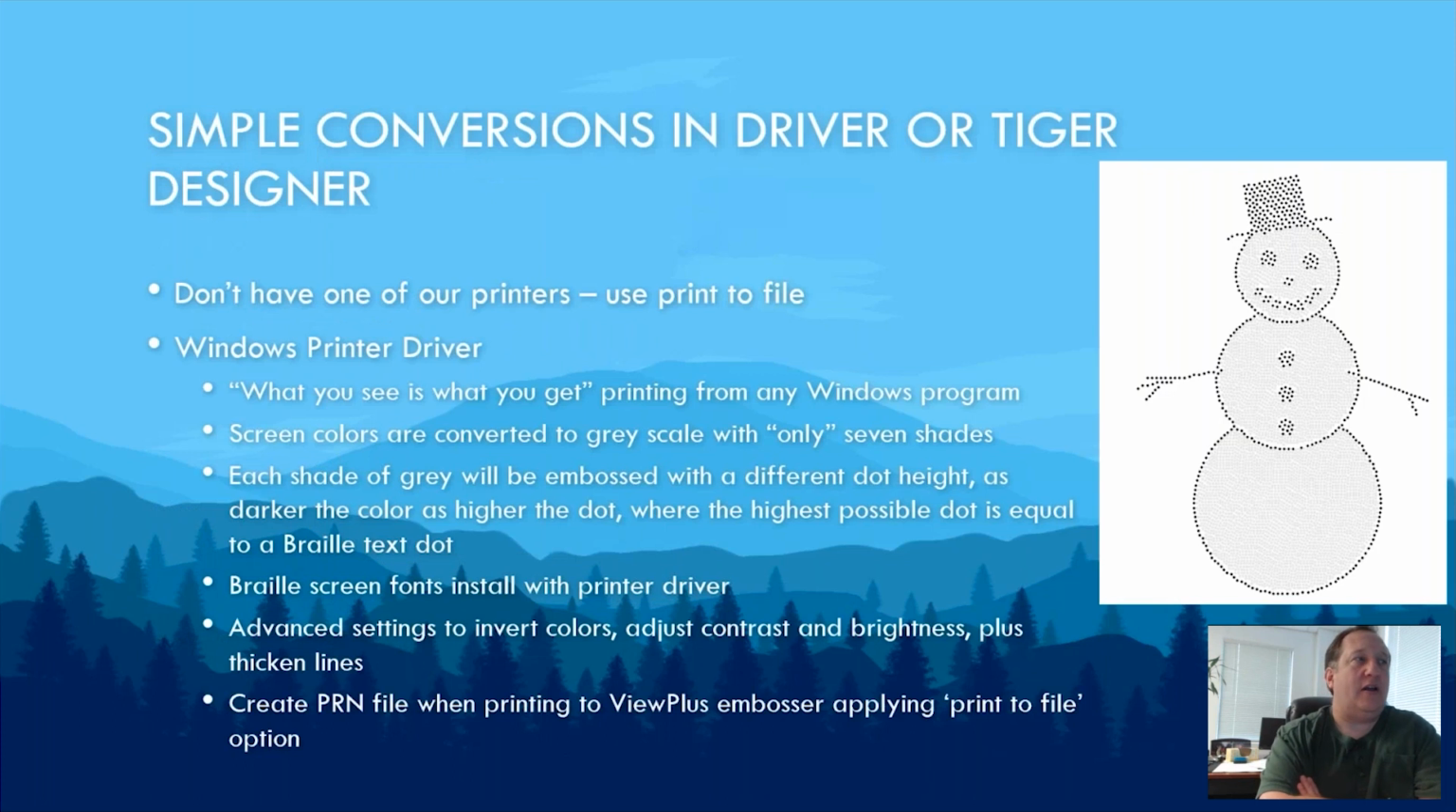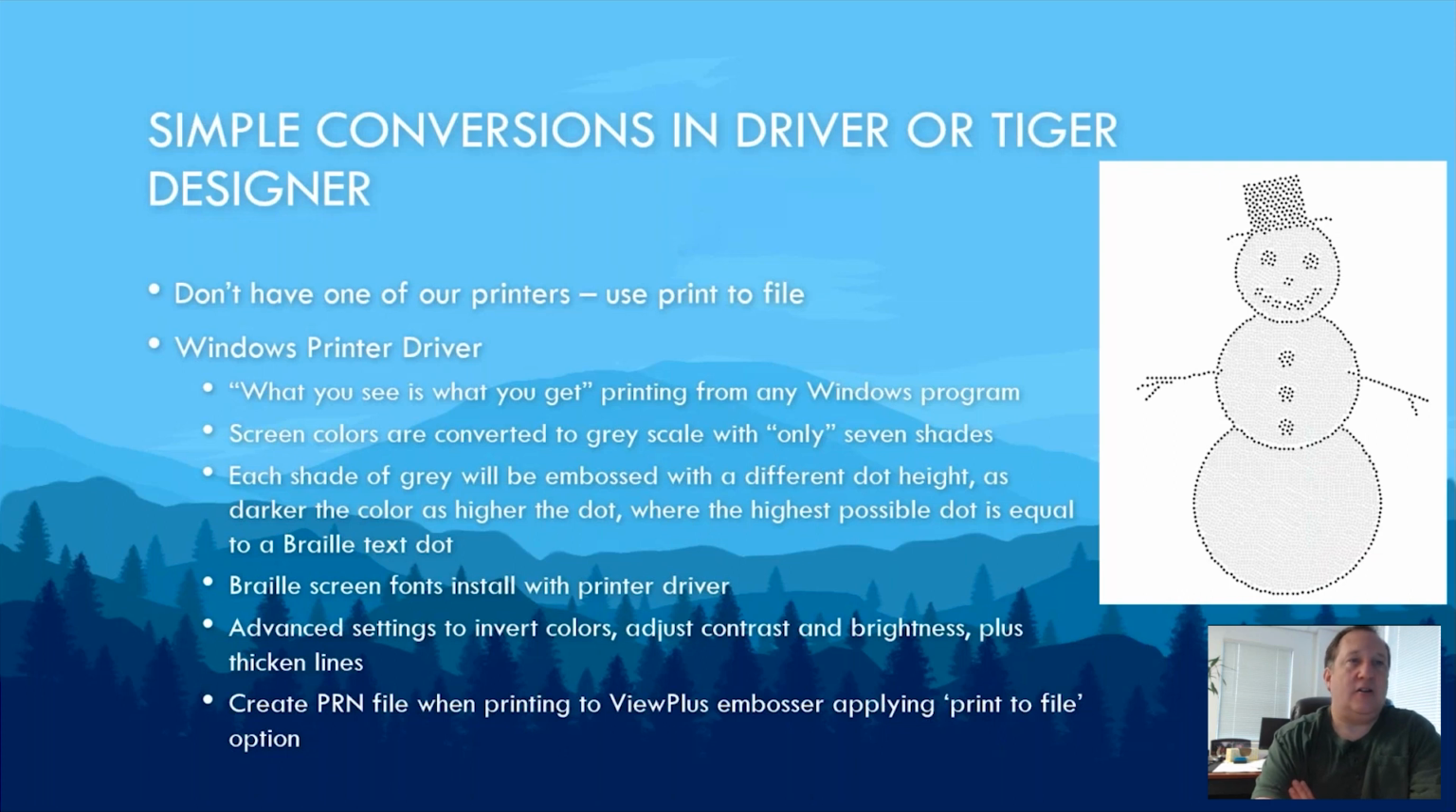So the big secret of why it works is, we have a full featured Windows printer driver, as well as a Linux one, because that's what's running on the Tiger box, as well as a Mac driver. So anything you can print to a standard printer, you can print to our printer. And what it will do is convert the colors into a 7-dot height grayscale code based on the intensity of